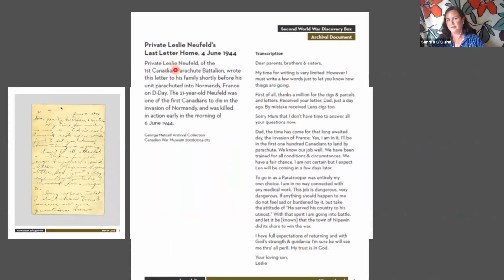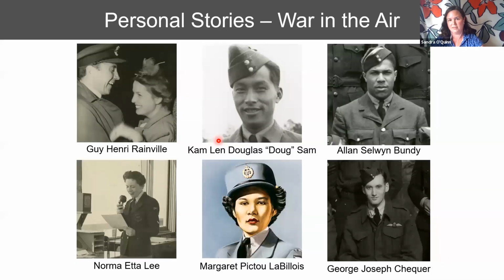And Private Leslie Neufeld is one of the first Canadians who parachutes in on D-Day, and he's killed on that first day of battle. But what may not be obvious is his family is Mennonite, and so his family was opposed to the war, but he felt strongly that he had to participate. And so you can see that kind of written into his letter, that level of faith that